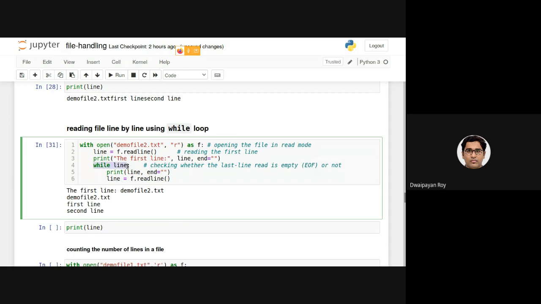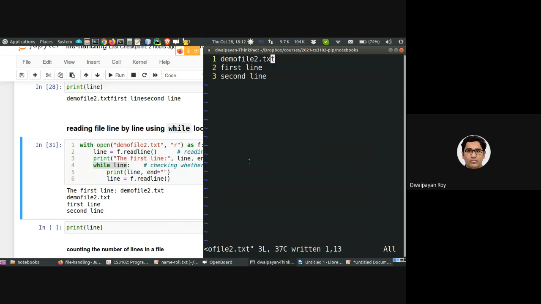It's still not clear. Let me go once again step by step. In the beginning, line is containing demo file 2.txt. I'm checking while line, true or not. So line is containing what? Demo file 2.txt, right? So that demo file 2.txt is being printed.